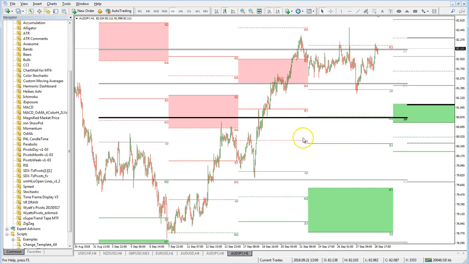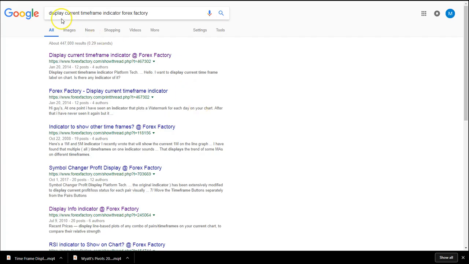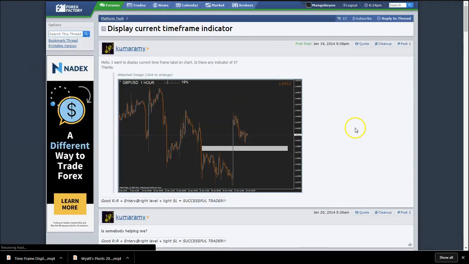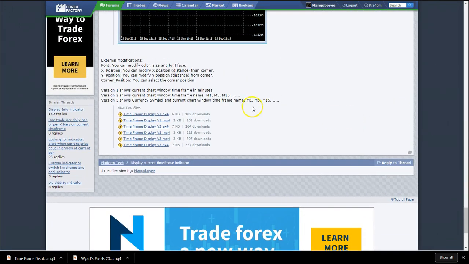Now one last thing I wanted to add was, if you guys are interested in having a watermark, what you can do is do a search for display current time frame indicator at Forex Factory. It should take you here. Click on that, takes you to this page. At the very bottom there is a time frame display v3, so go ahead and click on that, download it,